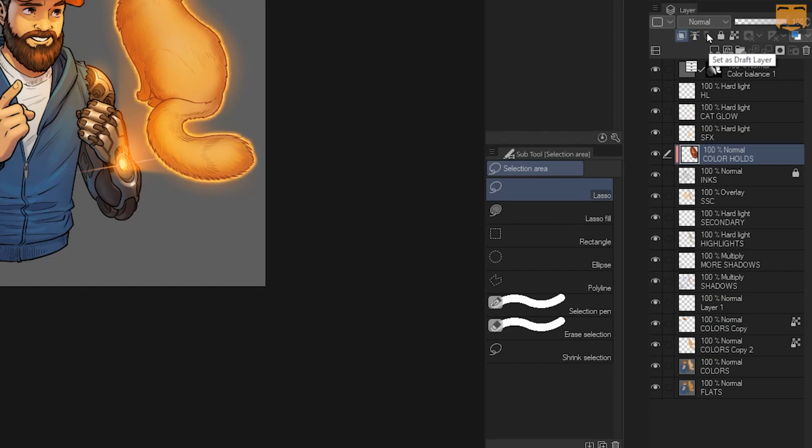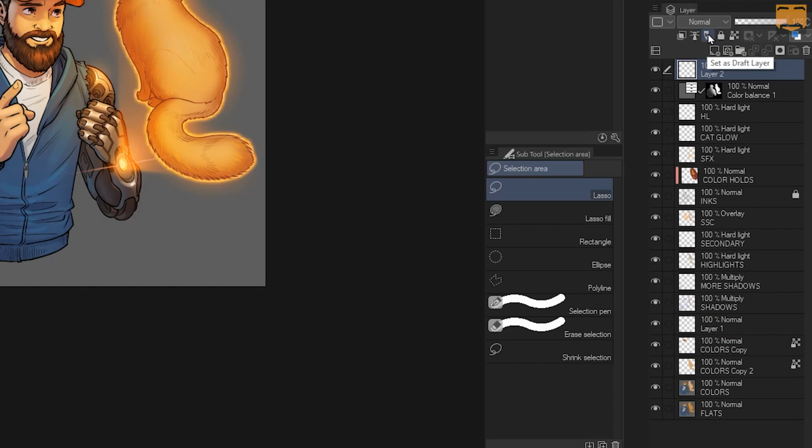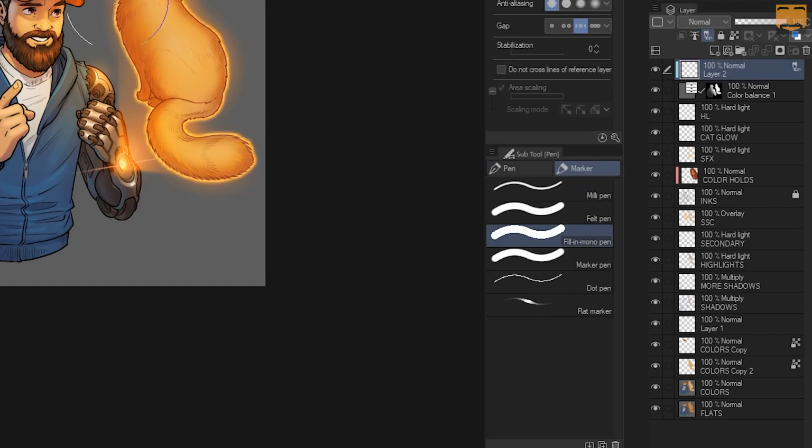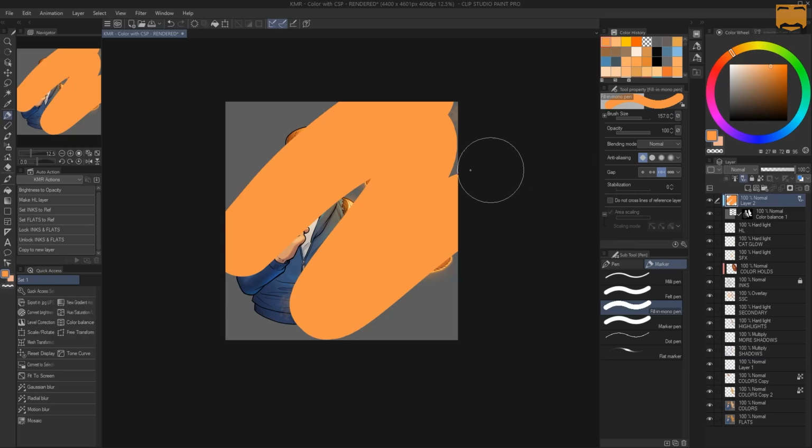This one is set as draft layer. Now this is not something that I really use personally. Make a new layer and set this to draft mode right here, set as draft layer. And I'm just going to draw this. Now, let's say this was a sketch. Okay, let's say I had a sketch in this drawing that I wasn't going to actually want to show up in my final product. If you use a lot of draft layers, they can be useful because when you actually